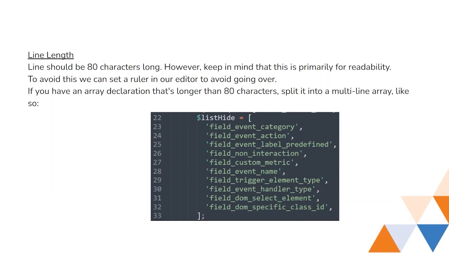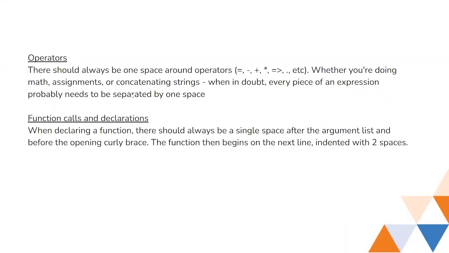This is mostly used when we are declaring arrays, or we are having long if conditions, or a very large comment over there. So to read it becomes very difficult. On one line only, you have to scroll via the x-axis. That's why they have come up with this standard.